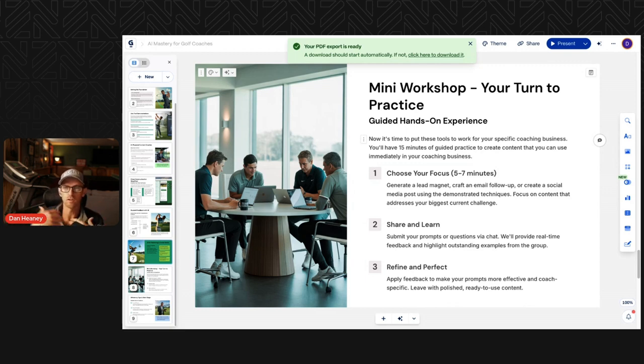Take a lesson that you just did, plug it into AI, give it some context, and then ask it to produce something from that. Another cool way that you can do that is you can take a lesson recap, put it into AI, and then ask it to create a piece of content based on that information. So you don't necessarily have to create anything new. You just use AI to take the things that you're already doing, take the knowledge that's up here, and put it into a format that can be useful for promoting your business and getting more opportunities.